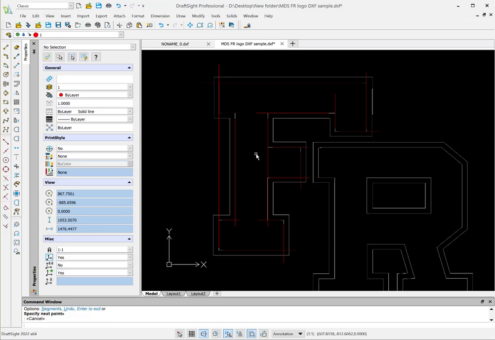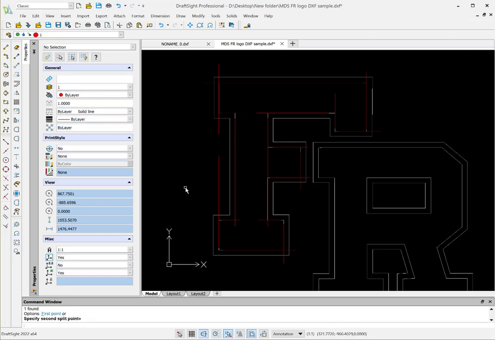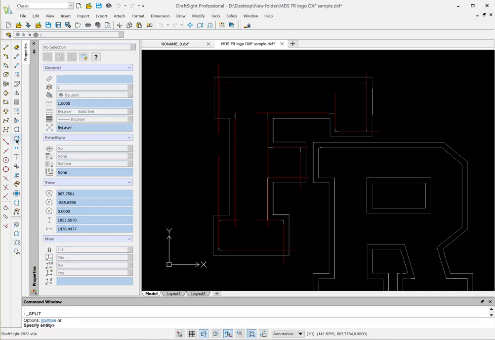Now, because I had ortho on, those are all straight lines. Now, I want this line to go away right here, so let's break that. So I'm going to use the split. I'm going to select here and here. And it put a break in there for me. And same thing over here. I'm going to do split. There,